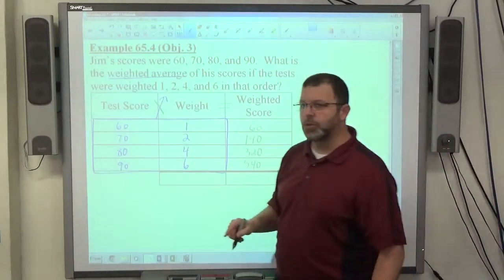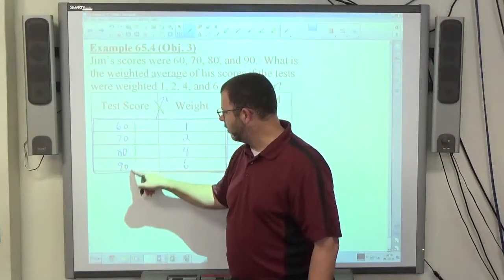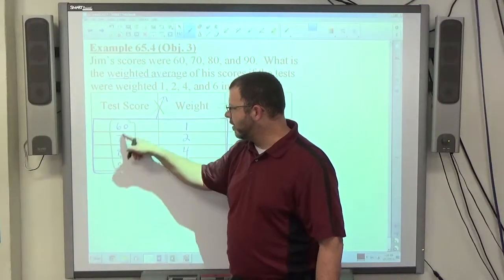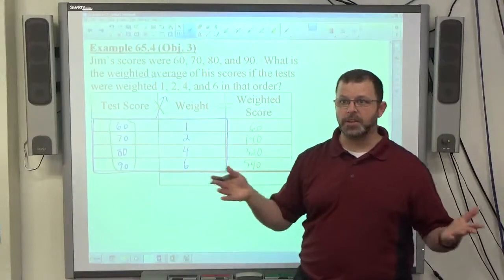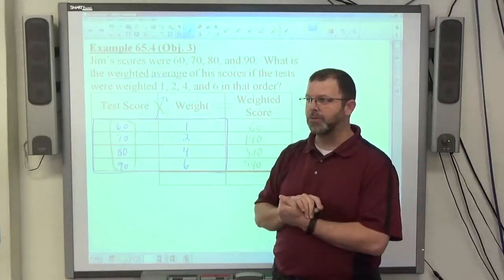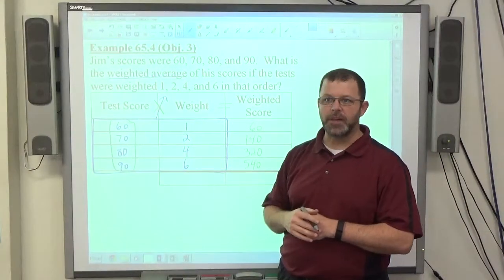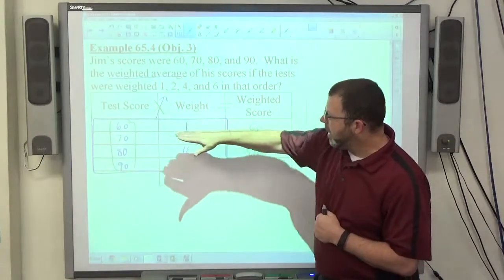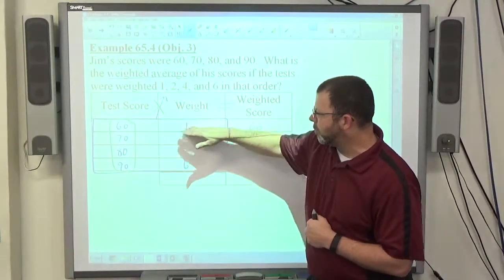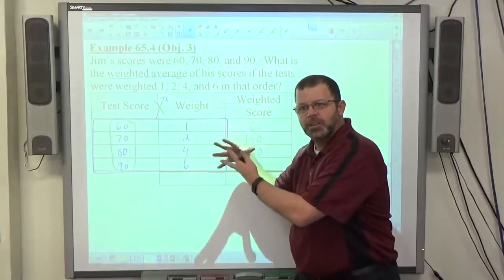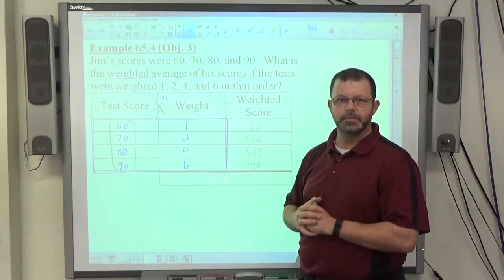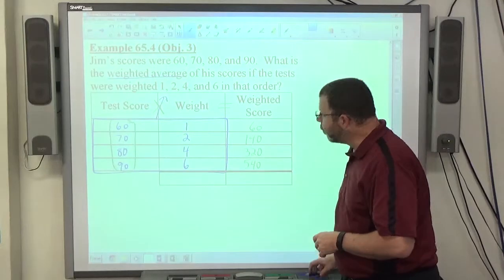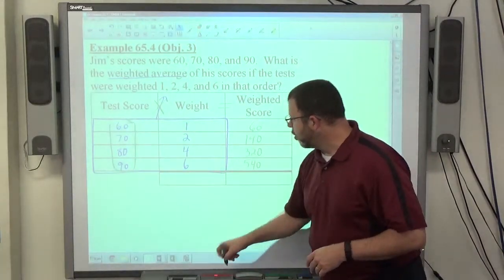Now, just for trivial knowledge, the average of these 4 test scores is 75, if I was just to average those up like normal. If every test counted the same, add them up and divide by 4, 75 is what comes out of that. Okay? Notice the lowest score came on the lowest weight, the highest score came on the highest weight, which means that his score should be higher than 75. Right? Right. So to get the weighted average